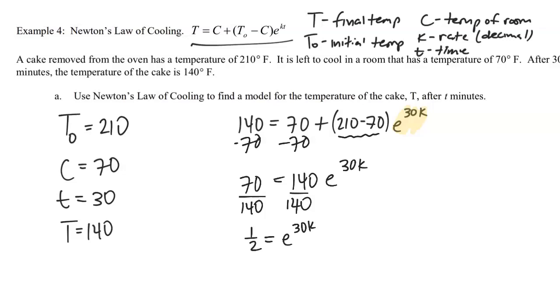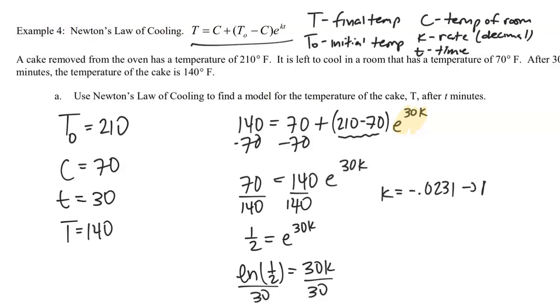Now I'm ready to take the natural log. The natural log of 1/2 is going to equal the natural log of e will cancel, and so I'll just be left with 30k. To get k by itself, we're just going to divide by 30. Putting that into the calculator, you're going to get a cooling rate of negative 0.0231. But just as before, we're going to store that in our calculator as A